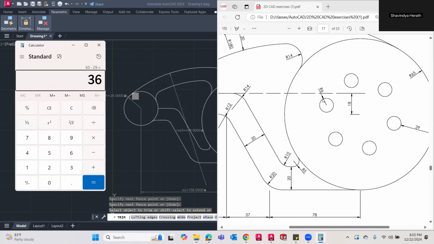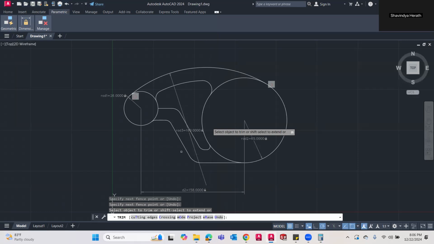And again, we need to reduce 6 from that 36, right? Okay, so then this radius is 30, right? 36 minus 6. Then this arrayed circles radius is 30. It is clear, right?